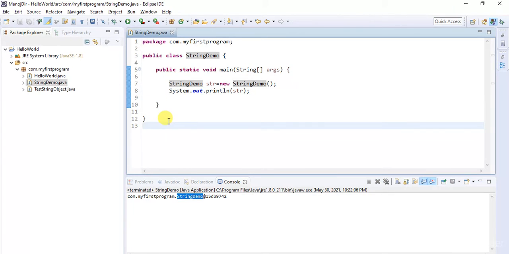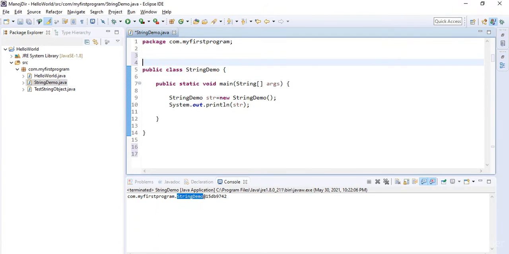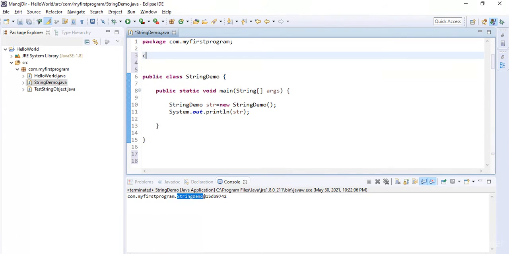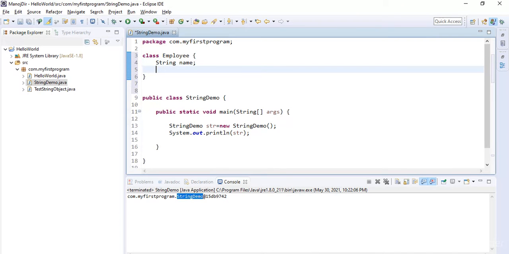I will modify the same example to show you what will happen if we override the toString method. So here I can have a class Employee, and within this class we can have String name and int age.